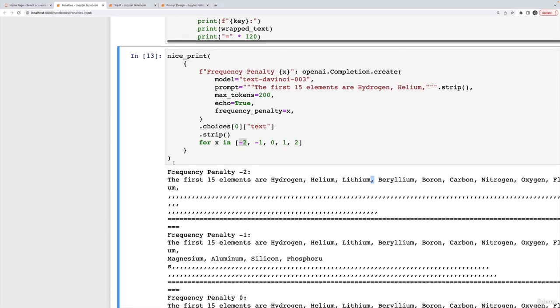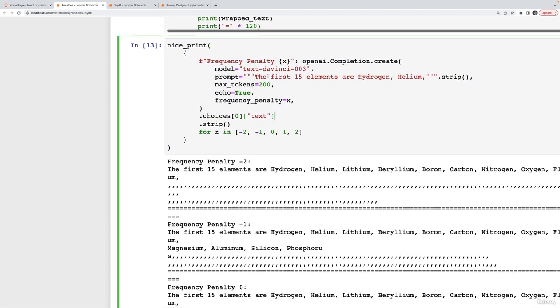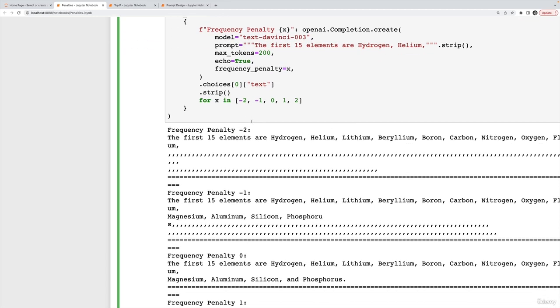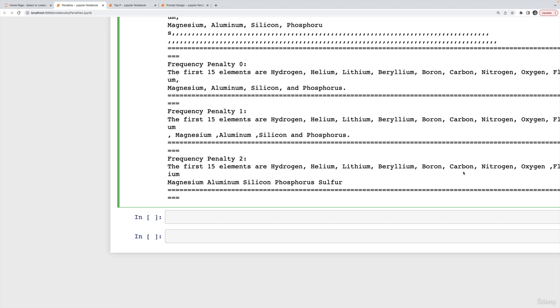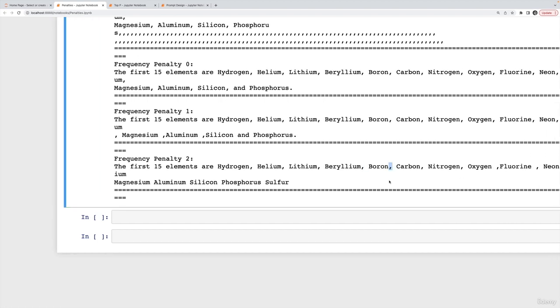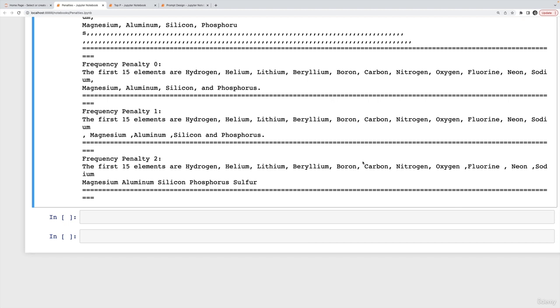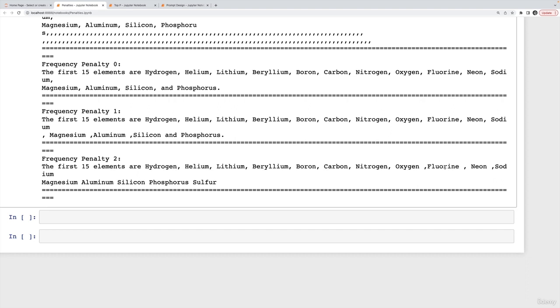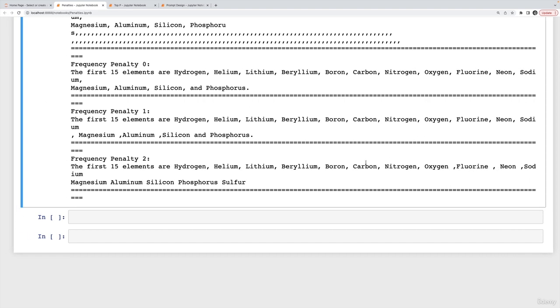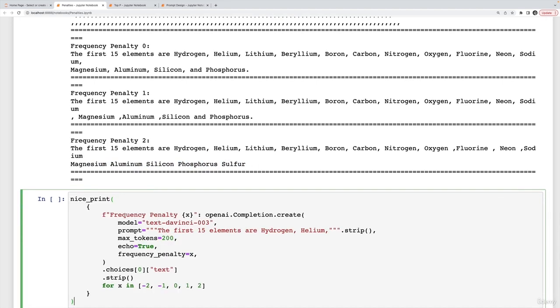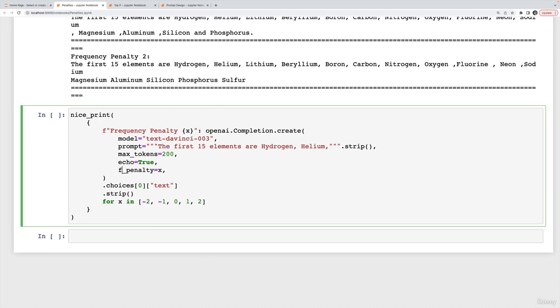So if I tried rerunning this query that we ran earlier with frequency penalty, where we asked it to generate the first 15 elements, the first 15 elements are hydrogen, comma, helium, comma. With frequency penalty, we saw that it eventually stopped using commas, because the more that token appeared, the less likely it was to occur later on in the output, and so we end up with no commas towards the end. But if I do this with presence penalty instead of frequency,